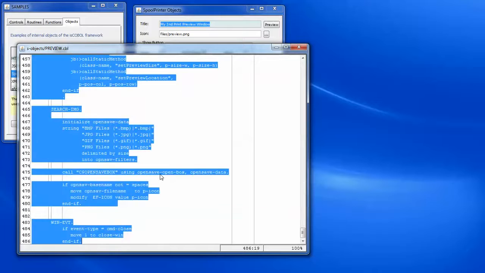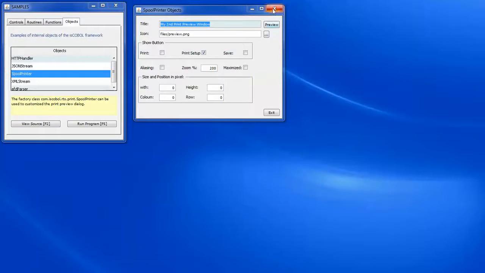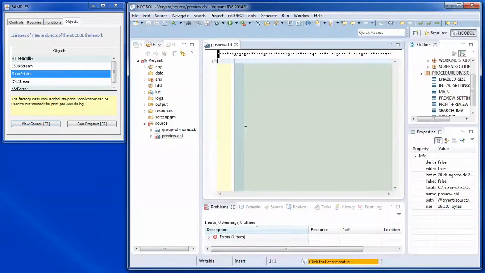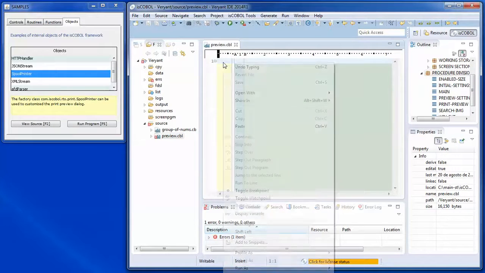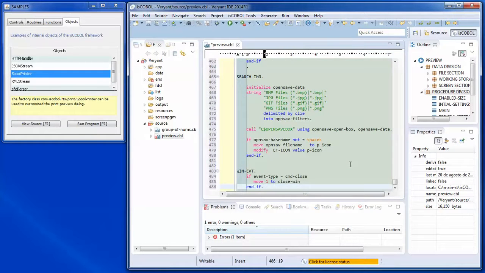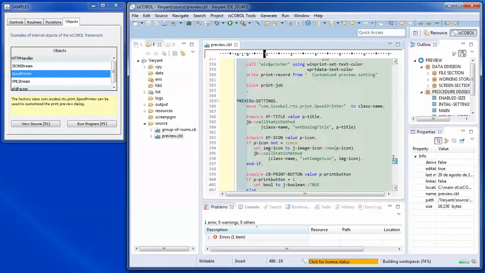I am going to select all these, copy to the clipboard, and now close this. The IDE is here. I have this preview CBL prepared here, empty. I'm going to paste the contents from the clipboard, save this,